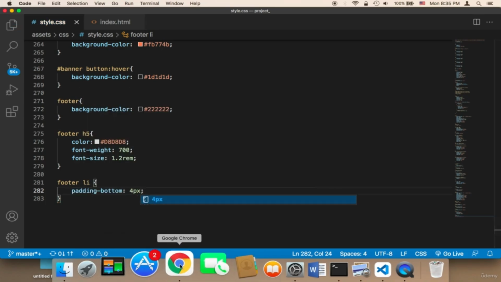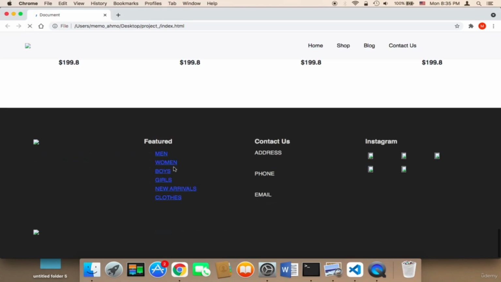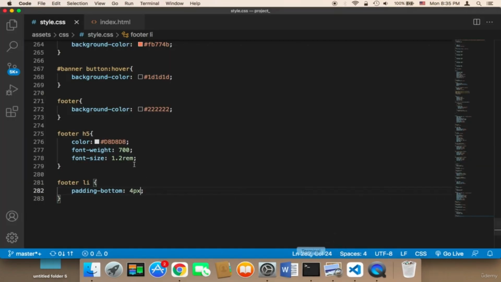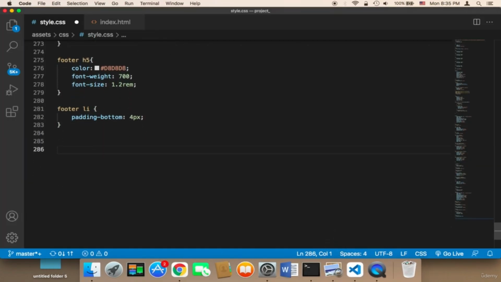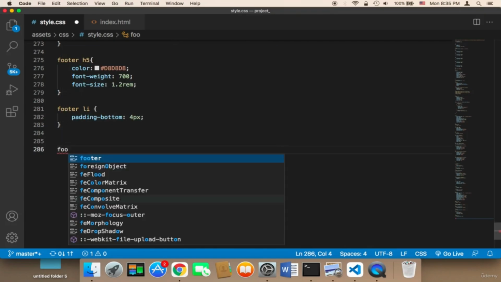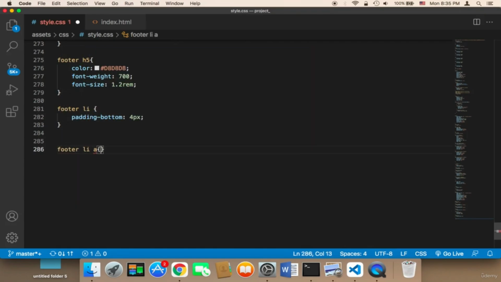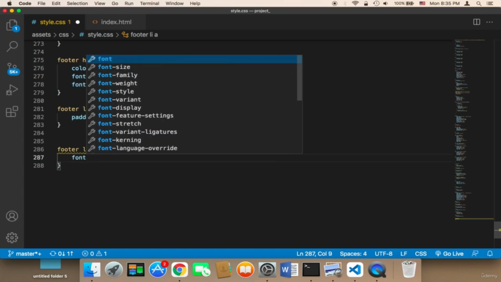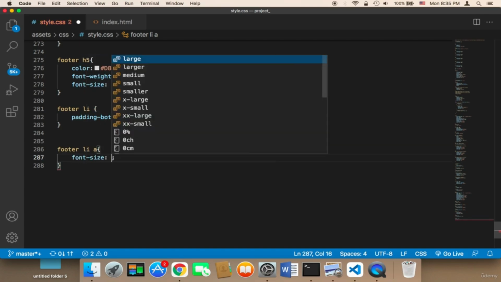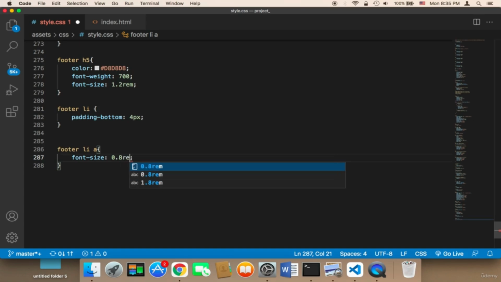So now if I refresh, you'll find that there will be more space. And then let's also work on the a tag. So for the a tag, I'm going to say footer li a tag, and then I'm going to change the font size. The font size is going to be 0.8 rem, and I'm going to